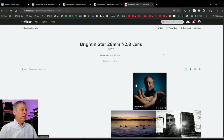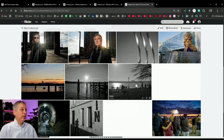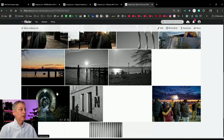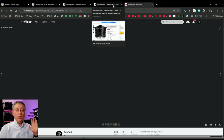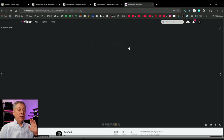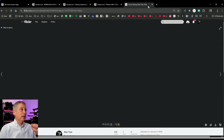No, I don't. I have the Brightin Star 28. But this will give you an idea of the field of view for 28 millimeters. It's a really excellent focal length for APS-C and full frame, because you'll get again the 40 millimeter on APS-C and 28 millimeters on full frame, and it's awesome. I don't know why Flickr is slow today, but you know,